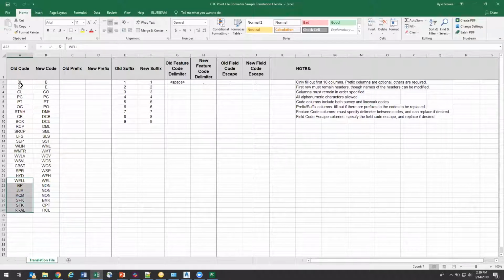all these different codes. Maybe my BC was back of curb, but in my code, I call it TBC, top back of curb, all this other stuff. So we say old code, new code. Our prefixes or suffixes for any of our codes, the first line of that figure database, the second line of that figure database, field code escapes, all this other stuff. And so I fill those all out, and Point File Converter says,